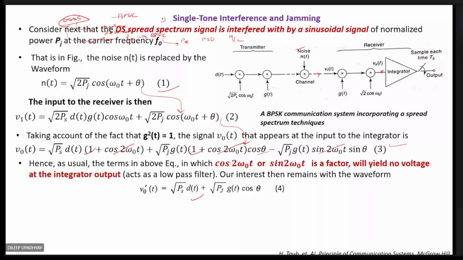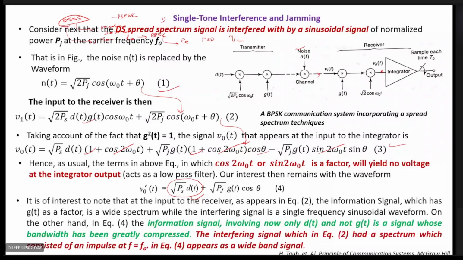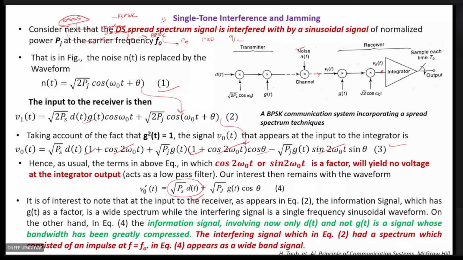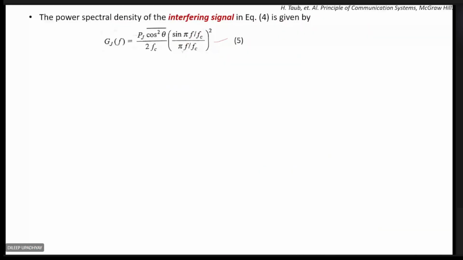Here we saw that initially our message signal was spread, whereas there was no effect on the noise, because the multiplication by g(t) itself causes the spreading. But at the output we have the data signal as it is, while the noise signal gets spread. Considering this noise signal, which contains the term g(t), which is nothing but NRZ, and we know the power spectral density of NRZ is given by sinc square functions,